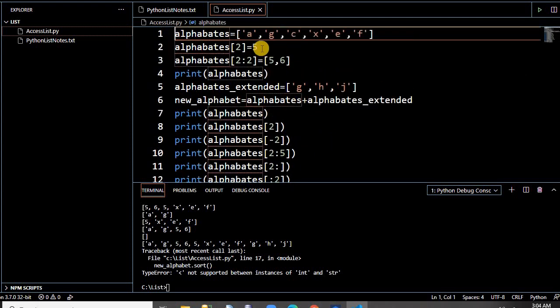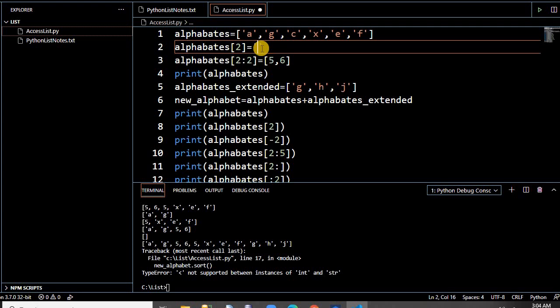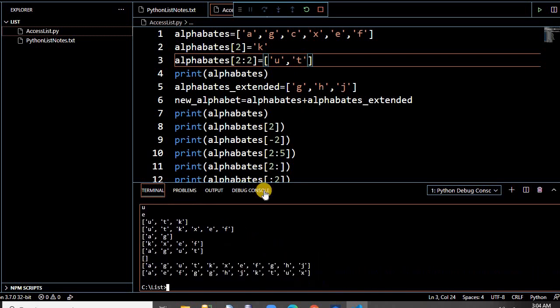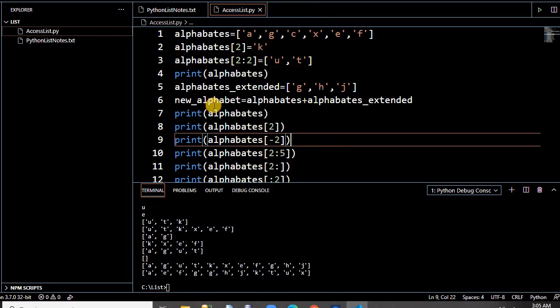So here we have changed this number. Let's pass something like K. If you run this, see here, it's sorting this. So these are a few of the methods we generally use: clear, index, count, sort.